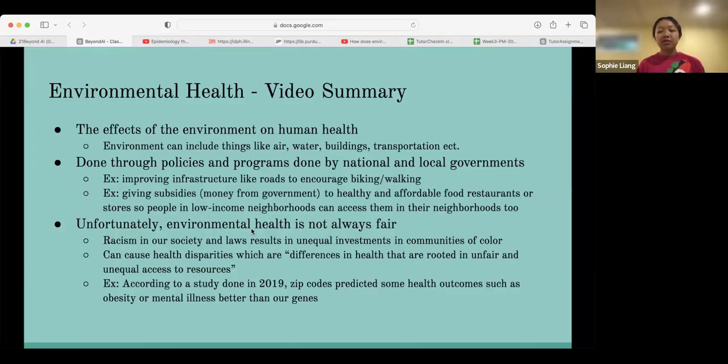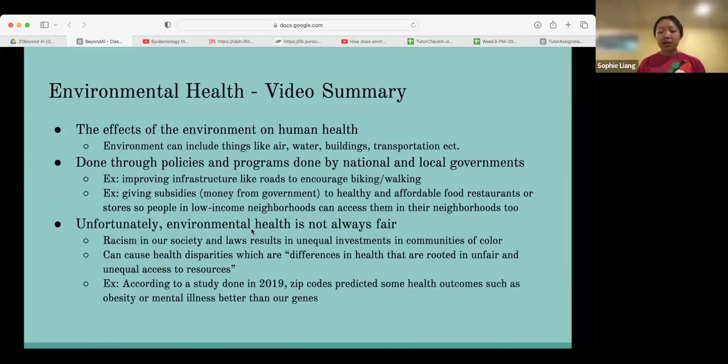So if you give money to those restaurants, then they're probably able to lower the prices and attract more people to eat the healthy and affordable food, which in the long run will be good for the community because people are eating healthier foods. And then unfortunately, environmental health is not always fair. Racism in our society and laws results in unequal investments in communities of color. It can cause health disparities, and health disparities are differences in health that are rooted in unfair and unequal access to resources. And as an example,